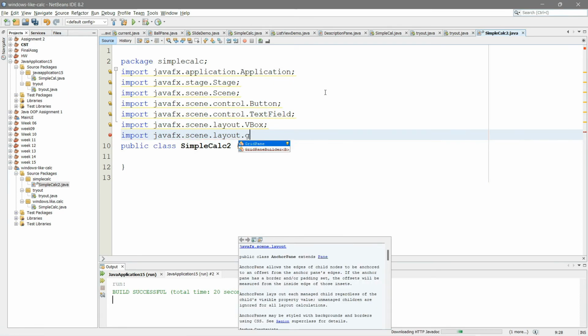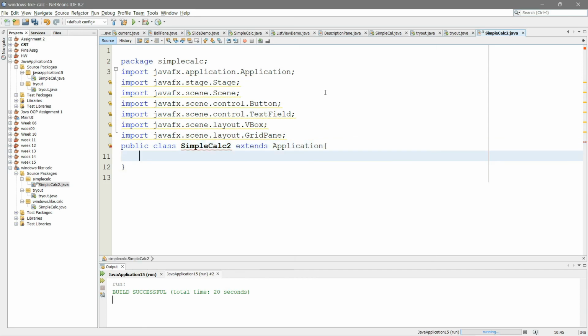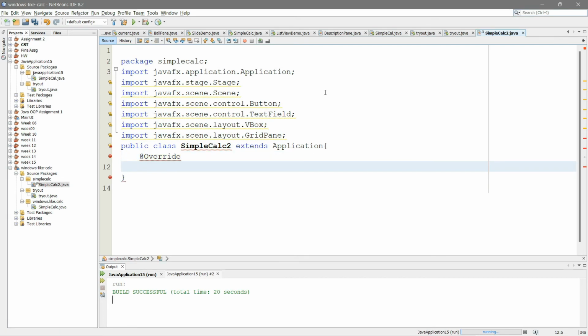And then you need a grid pane. Alright, so I think we have all our imports down already. And then you need to extend Application. Okay, so now you need to have an @Override tag here that basically tells the IDE, the JVM,